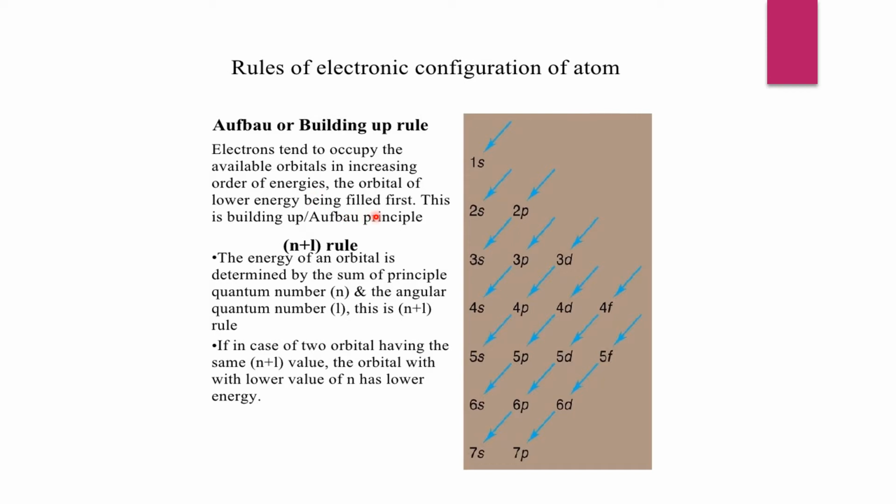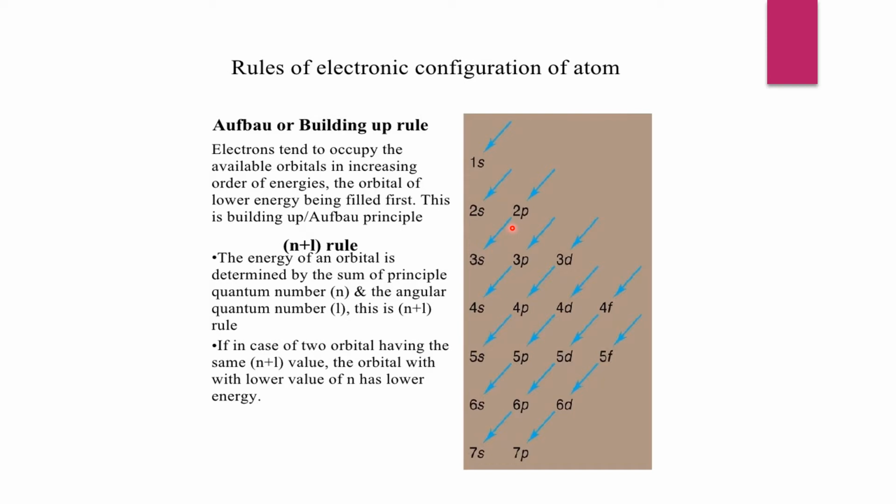So this rule states that electrons will occupy the orbitals whichever are available. Like in the first orbit, if we take, only s orbital is available. So that has to be filled first. Then electrons enter into the second orbit, in which s and p orbitals are available. So s orbital has to be filled first and then p orbital, because it states that within the energy level also they have to obey the lowest energy level. Within the energy level, lowest energy level has to be filled first and then the next energy level orbital has to be filled.